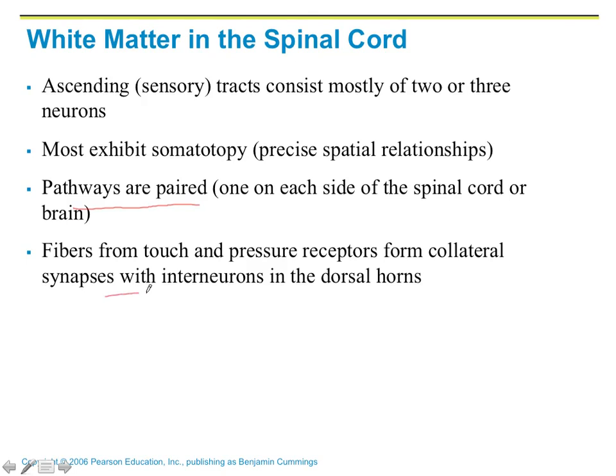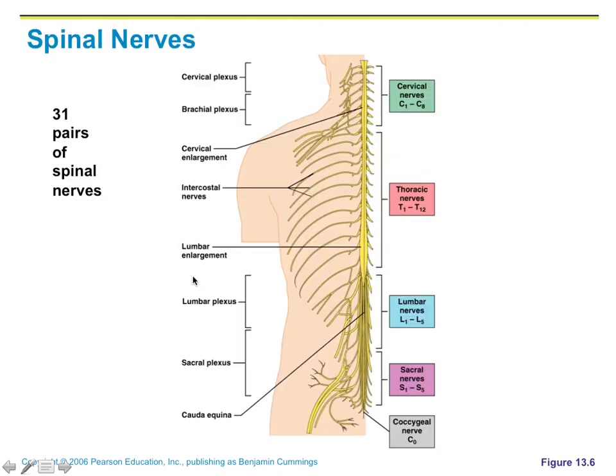So we have the interneurons in the dorsal root, for all the sensory spinal nerves that come into the spinal cord. Now let's talk about the spinal nerve. Okay, spinal nerve. The spinal nerve